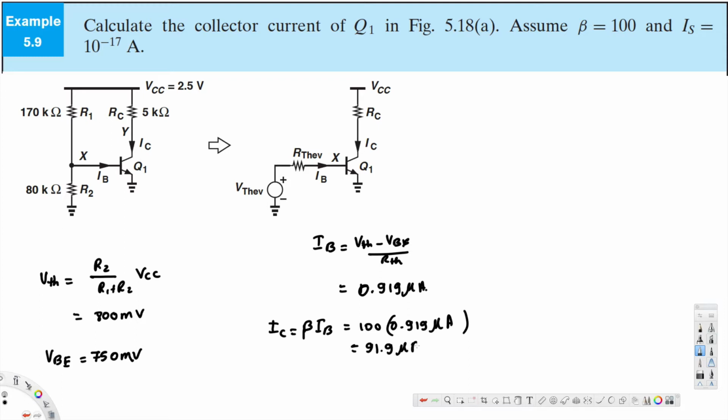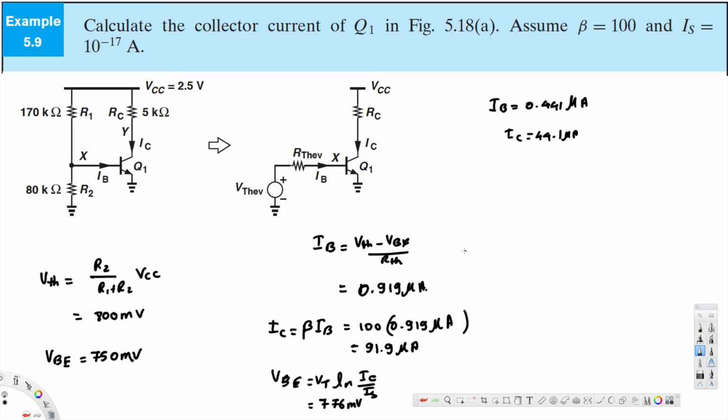91.9 microampere. So VBE is going to be equal to VT times ln of IC over IS, and that gives us 776 millivolts. Now, when we do the accurate values, IB follows to be 0.441 microampere, and IC will follow with 44.1 microampere, and then